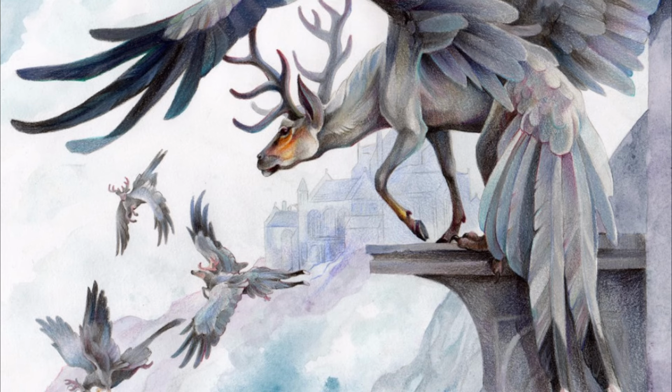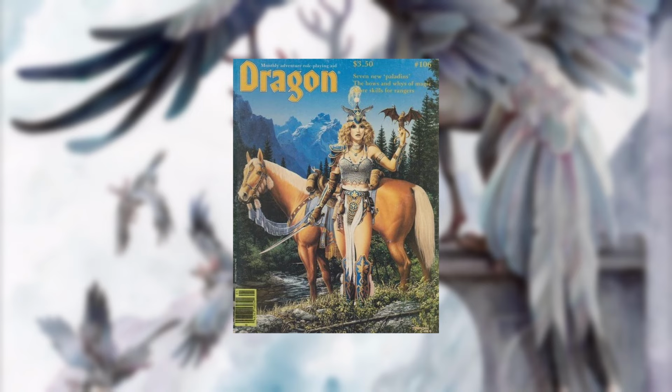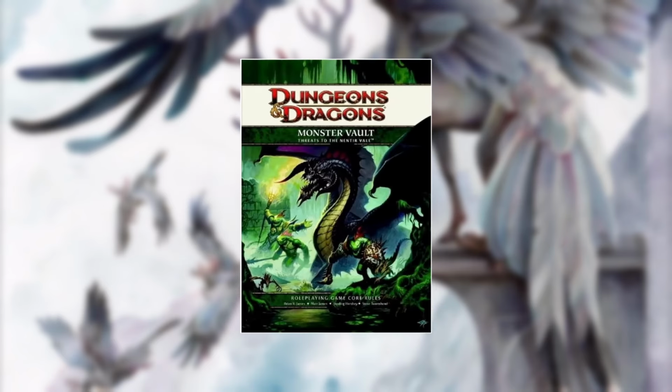While the 3.5 rules update added some minor changes, like giving them dark vision and low light vision, Dragon Magazine number 106 also added a stat block for a large variant of the Peryton. Even though 4th edition's monster manual was released in 2008, the Peryton wouldn't make their way into the game until 2011, when they were added in the adventure Kalarel's Revenge, and later the Monster Vault Threats to the Nentir Vale